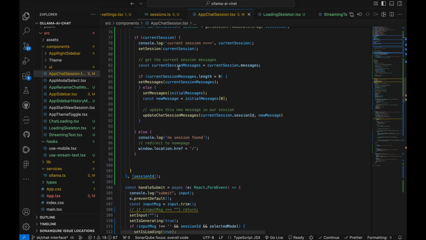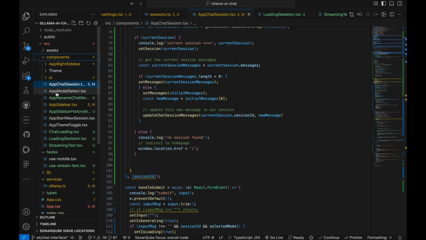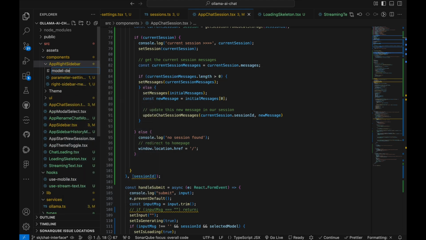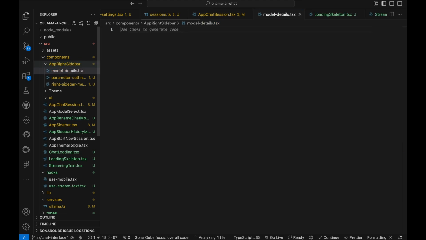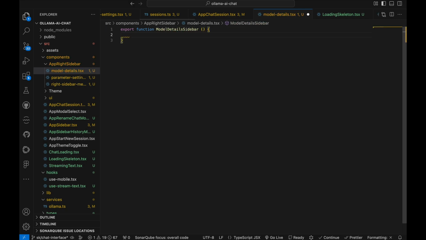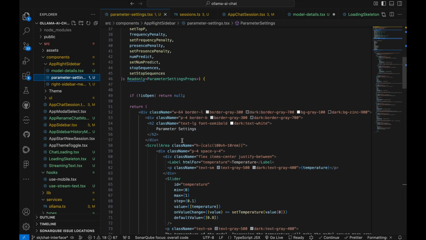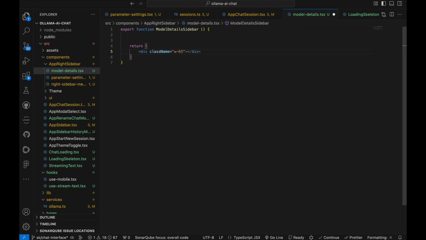Cool. Let's now create our app model details settings. So we'll create a new file, model details sidebar. In this, we will copy the width 64, right? Model details, save,